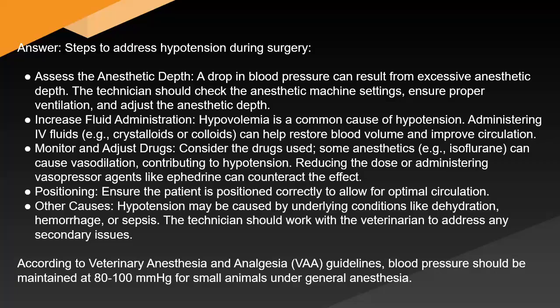Monitor and adjust drugs. Consider the drugs used, as some anesthetics, e.g., isoflurane, can cause vasodilation, contributing to hypotension. Reducing the dose or administering vasopressor agents like ephedrine can counteract the effect. Positioning: ensure the patient is positioned correctly to allow for optimal circulation. Other causes: hypotension may be caused by underlying conditions like dehydration, hemorrhage, or sepsis. The technician should work with the veterinarian to address any secondary issues. According to veterinary anesthesia and analgesia guidelines, blood pressure should be maintained at 80/10 mmHg for small animals under general